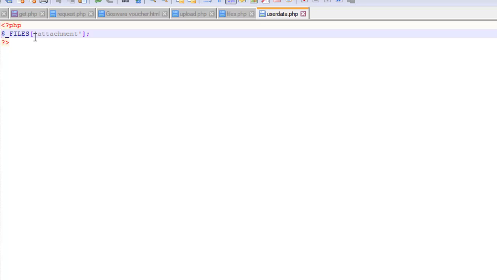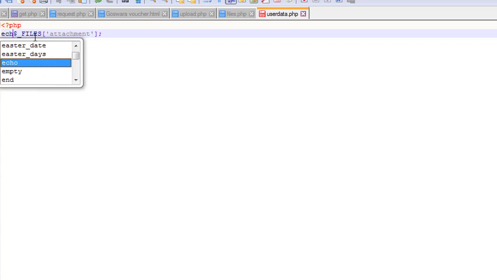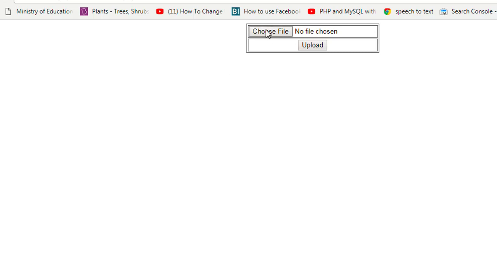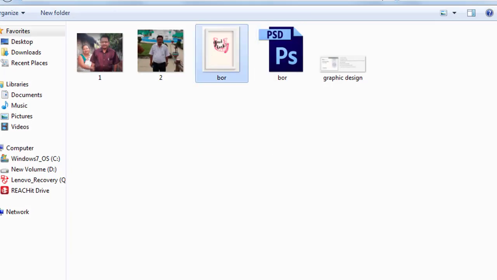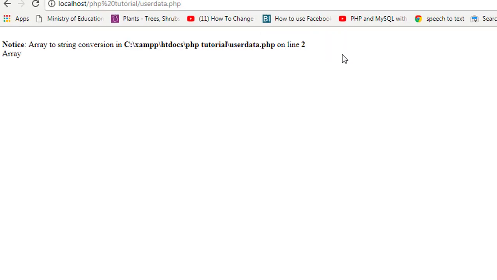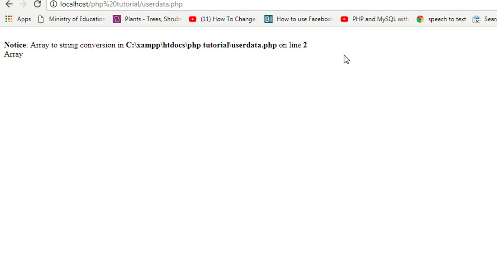Now if I simply echo it, writing echo, let's see what will happen. Let's choose a file, open it, and click on upload. Now you will see a notice: array to string conversion. That means it is not possible because